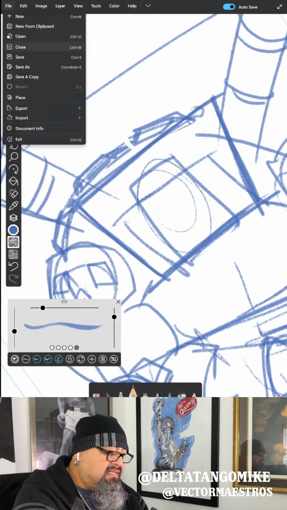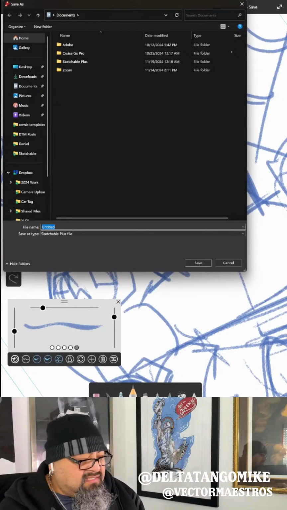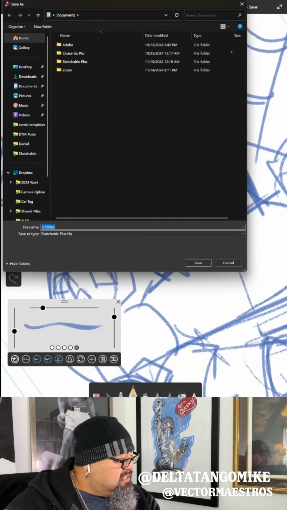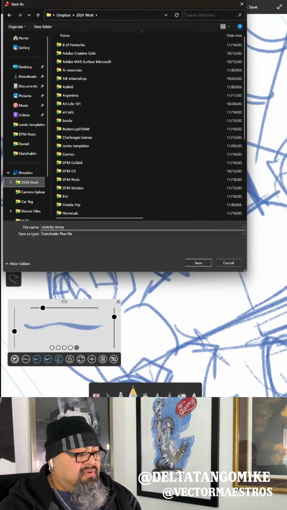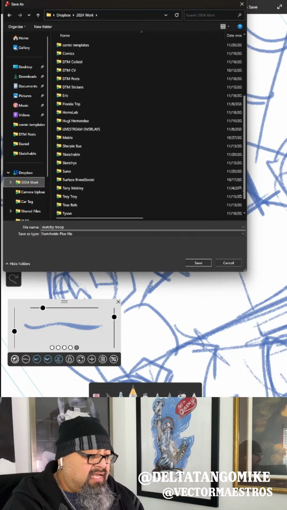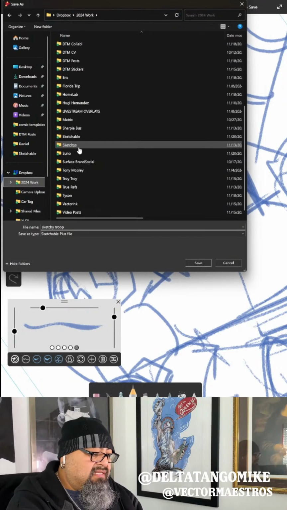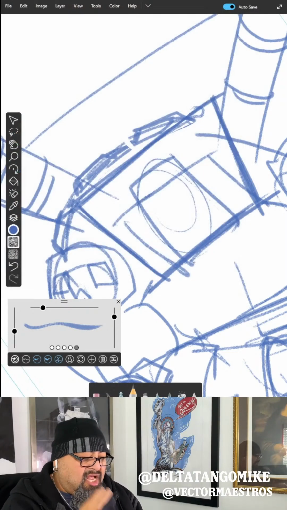Deselect and save this. Let's start saving it. It's going to say Sketchy Troop for now. Sketchy Troop, and then put it in a folder. You gotta stay organized. There's the sketchies. Let's leave it right there.